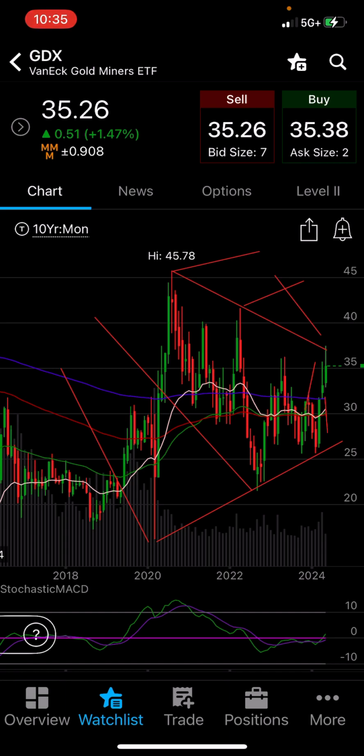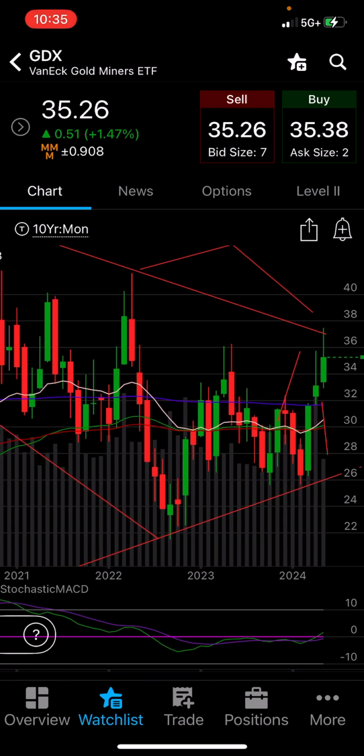So what's going to happen is it's going to fail like it has, as we can zoom in here, from this top trend line, and it's going to come back down somewhere around the bottom trend line. I would say around $28. So for me personally, I couldn't go long here on GDX. I would wait for this thing to come back down. If it was me, this is not financial advice. I'm just a guy who likes to study charts. I would wait until it comes back down to this $30 or $28 range before I got long on GDX,